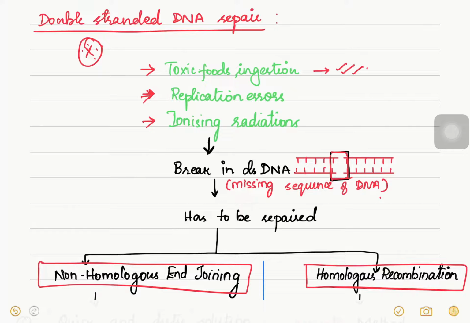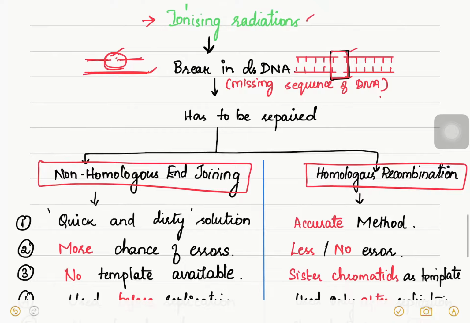But the thing is, previously we have discussed many repairing mechanisms. In those, there can be a chance of getting damage in one strand while the other strand remains intact, but here all this is going to cause both the strands to be damaged, or both the strands will miss their specific nucleotides. So now this has to be repaired. If there is one intact template, then repairing the other strand will be easy, but here both are lost. So what will be the mechanism?